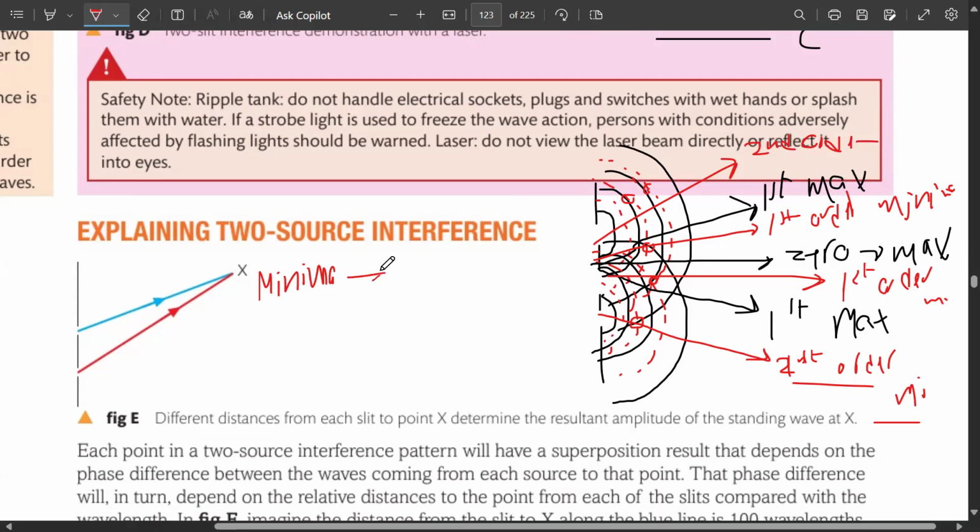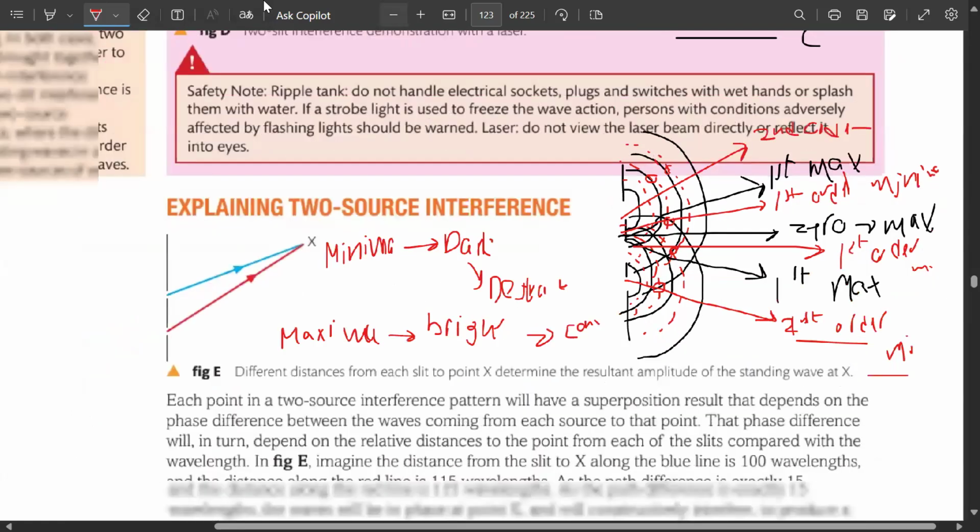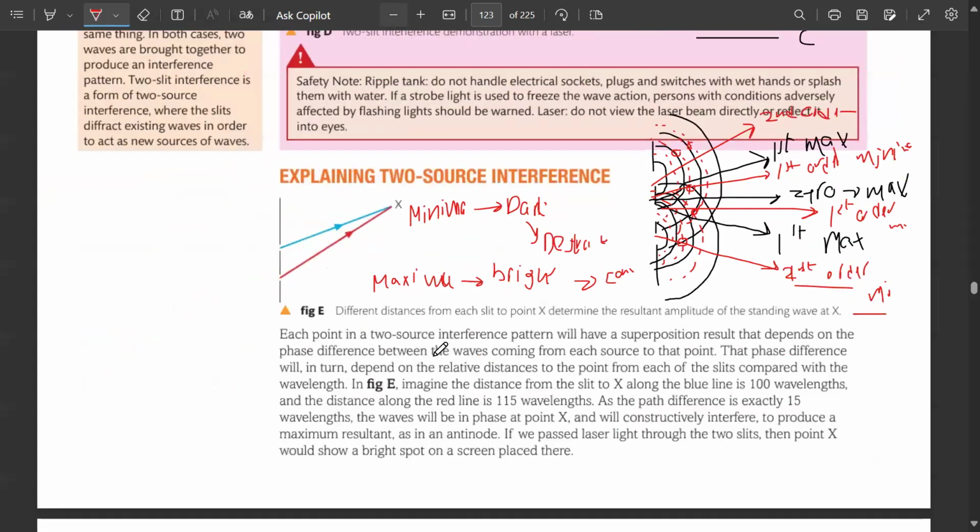minima means what? A dark region. And a dark region means that the two waves have destructively interfered. Maxima means bright region where the waves have constructively interfered. Got it? So each point in a two-source interference pattern will have a superposition results that depends on the